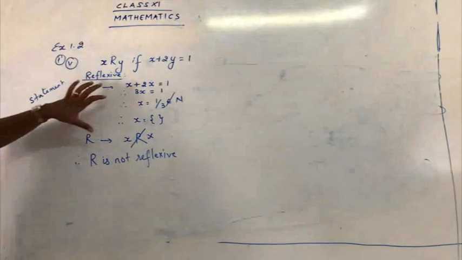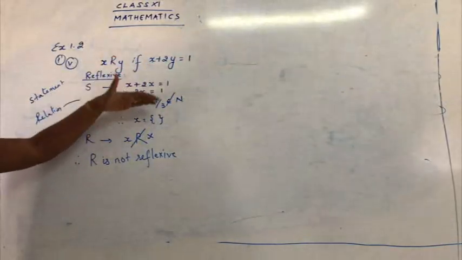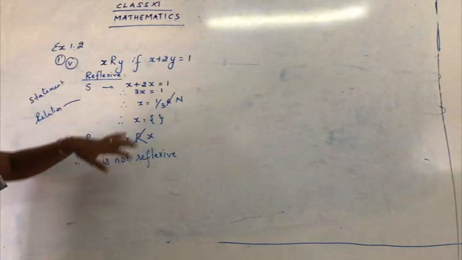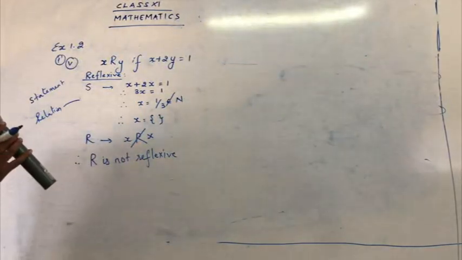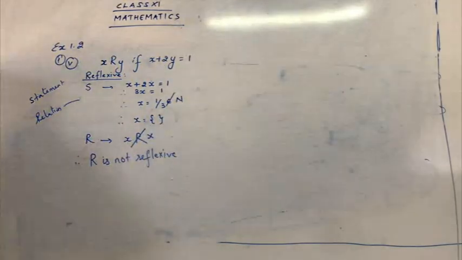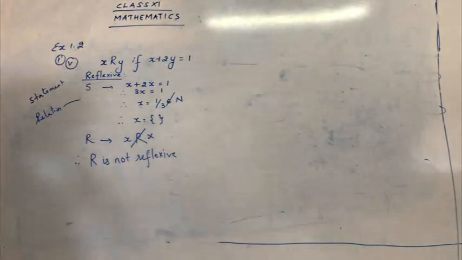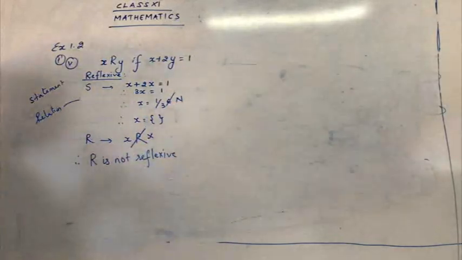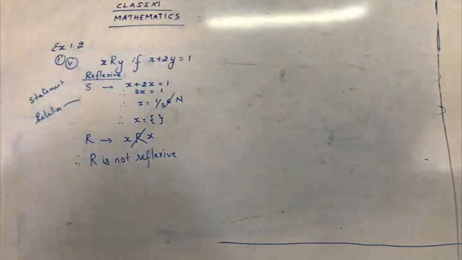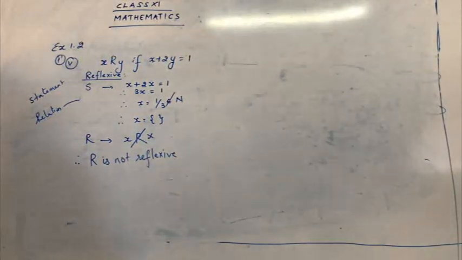See here, when we have substituted the value for y as x, and when we have solved, we have just got the value for x as 1 by 3, which was not from the set of natural numbers. So we have got the value for x as empty. So what we can say about the empty relation? We can say the empty relation can be a symmetric relation and also it can be a transitive relation. So now, without writing the rule, we are going to directly mention our answer.